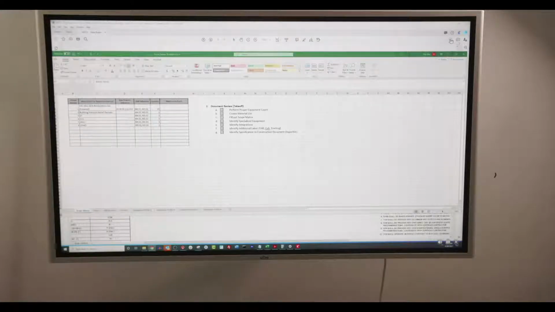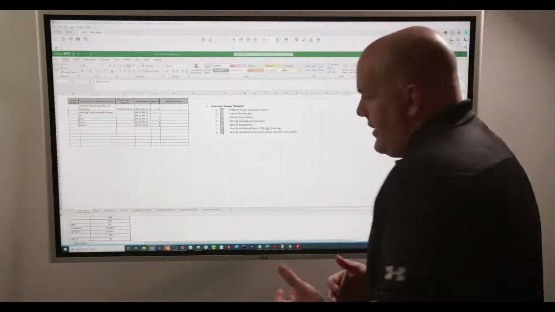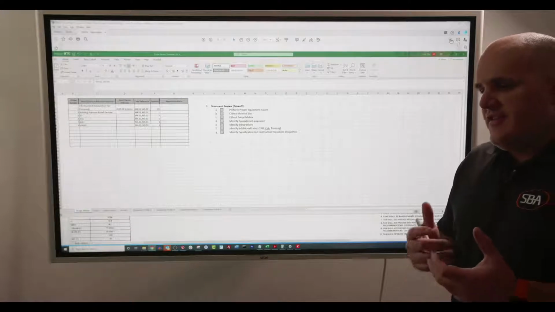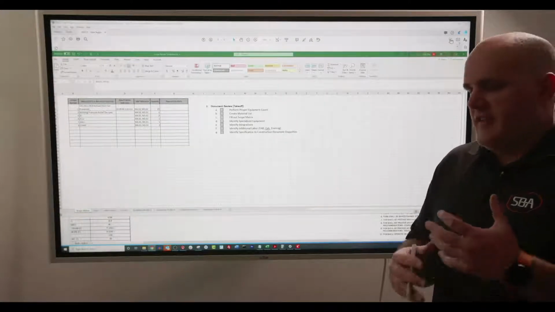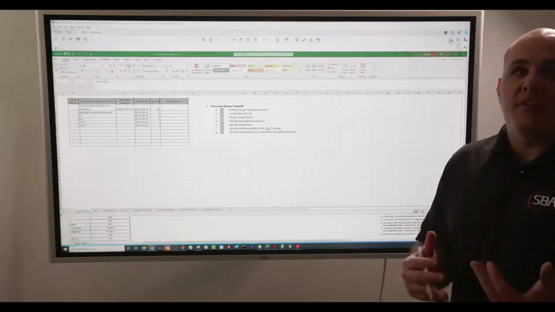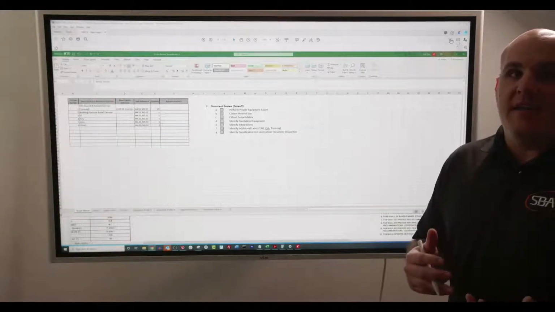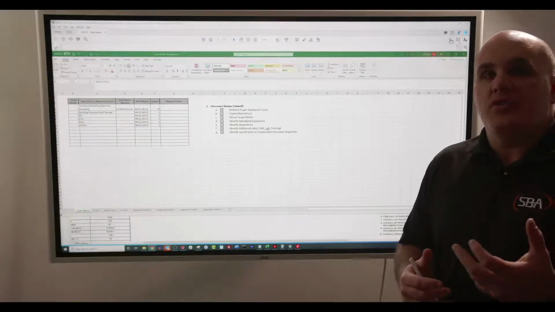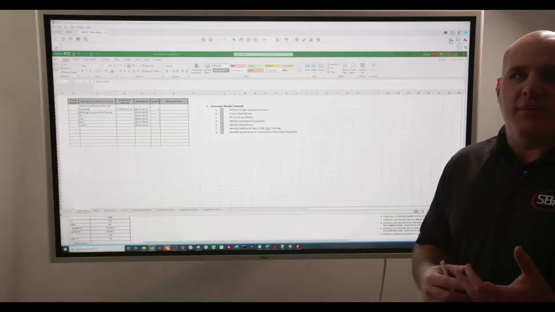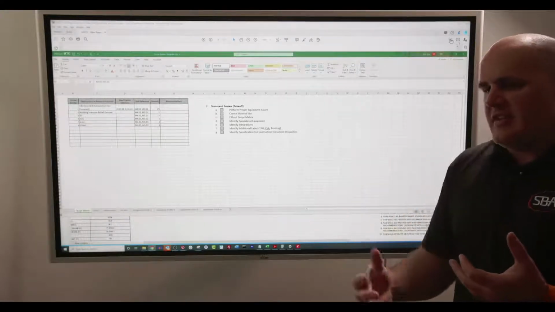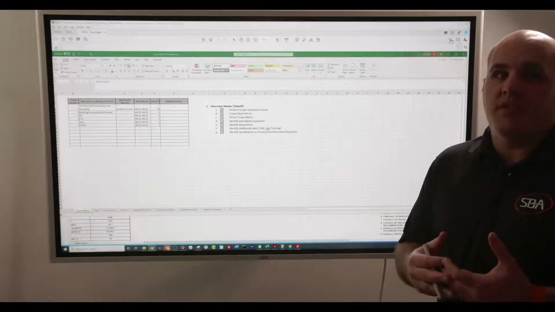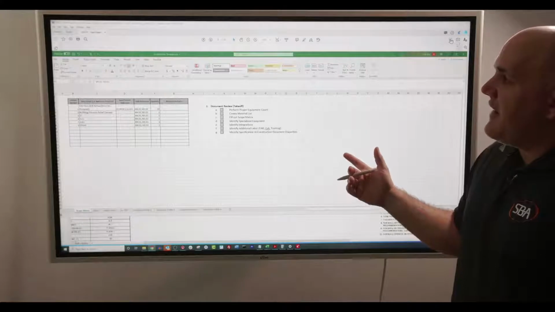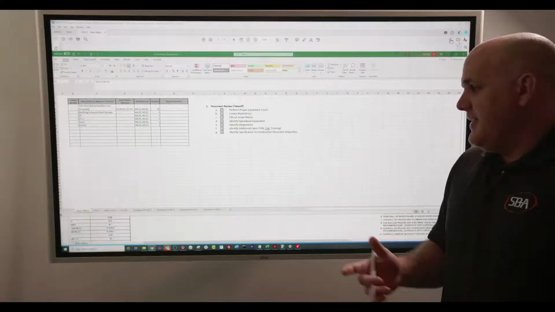Okay, so whenever you're approaching a new project, whether it be new construction or retrofit, you need to first go and perform what's called a takeoff. A takeoff is reviewing whatever documentation you have and figuring out what you are going to do with that documentation and what it entails from a scope perspective for your projects. So what we have here is a scope review template document, and then underneath it we have